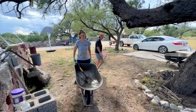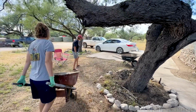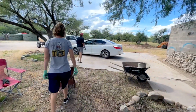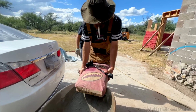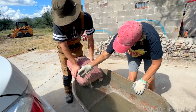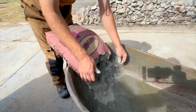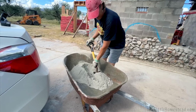Did you see how close Dad parked? I did. He definitely had us in mind. He's like, I'm getting right there so you guys don't have to haul that. Perfect. This is like the one you don't have your tool with. Oh, you have a shovel right there. I thought we didn't use the shovel, but...